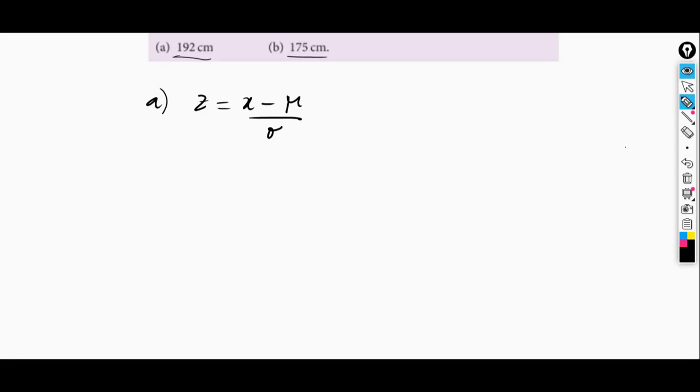And in the previous example, we said that the mean was 181 centimeters and the standard deviation is 8 centimeters. So that means that in this case, it's going to be 192 minus 181 divided by 8, and this is going to give us